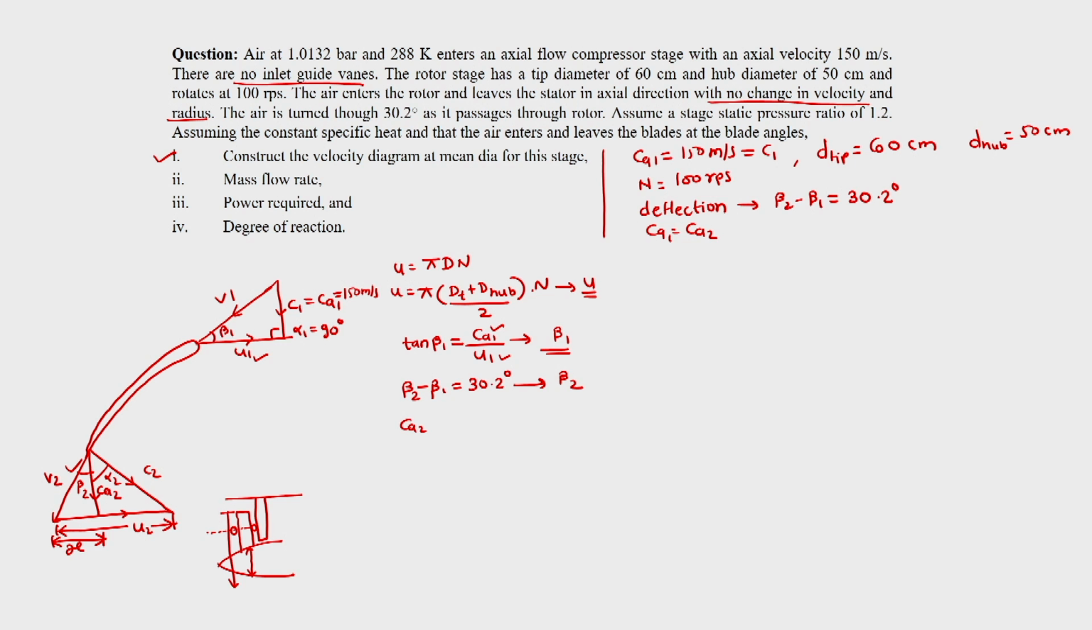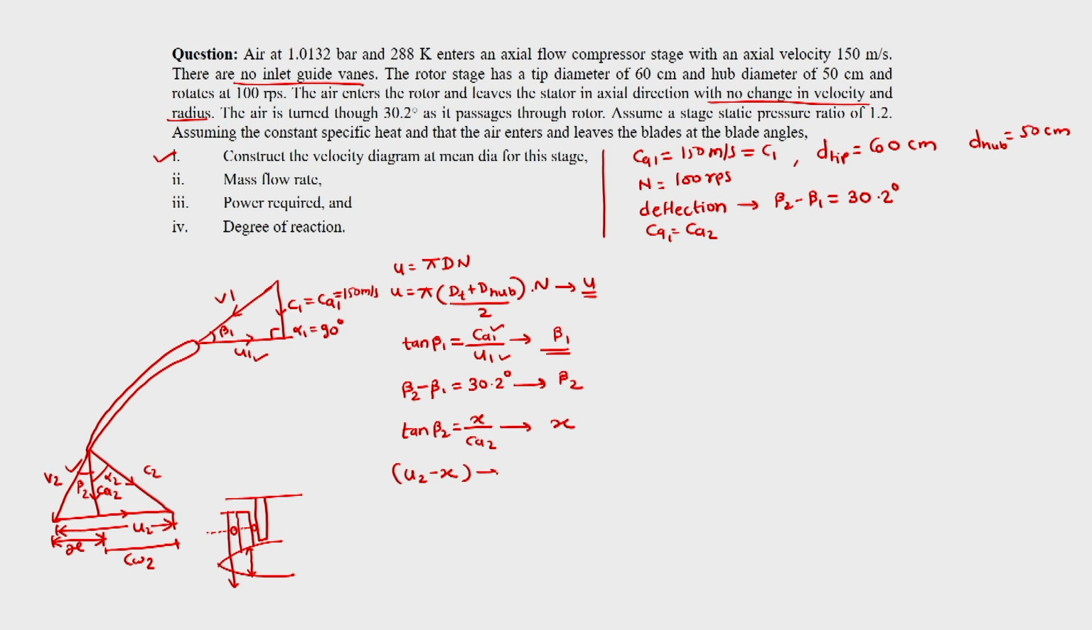Let us say this distance is x. So x is equal to... we know that this distance is CW2. So basically tan beta 2 is equal to x divided by CA2, and that way we can get x from this formula, since we know beta 2. Now since we know x, we can know U2 minus x,